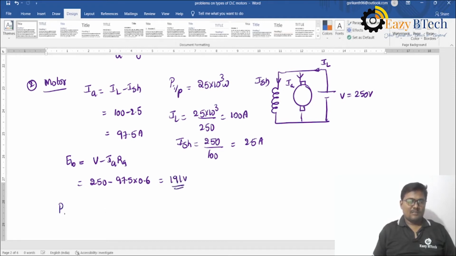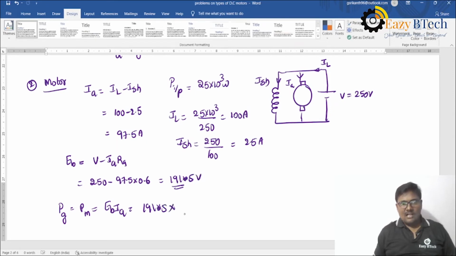The power developed in an armature is the gross mechanical power, equal to EB into IA, 191.5 into 97.5. Then I got the answer as 18.67